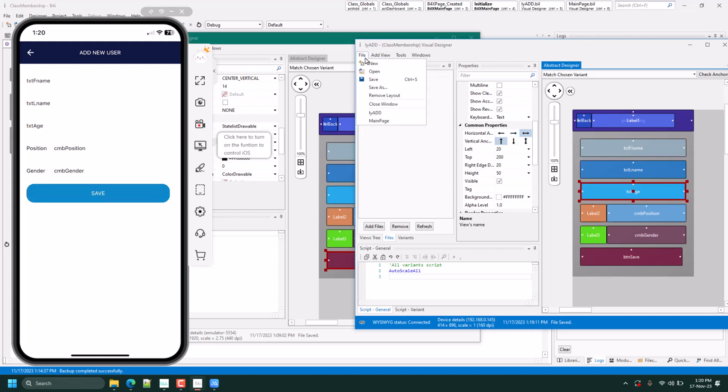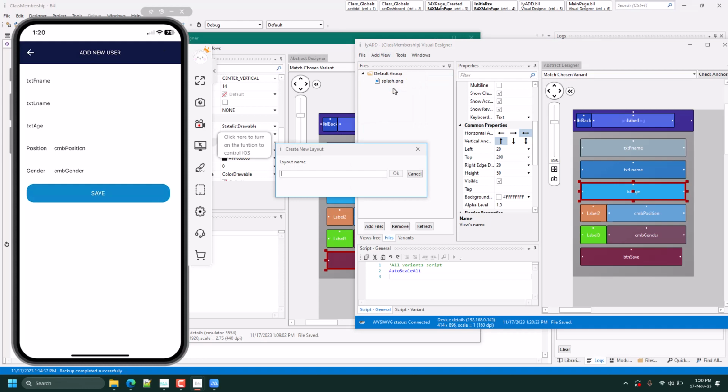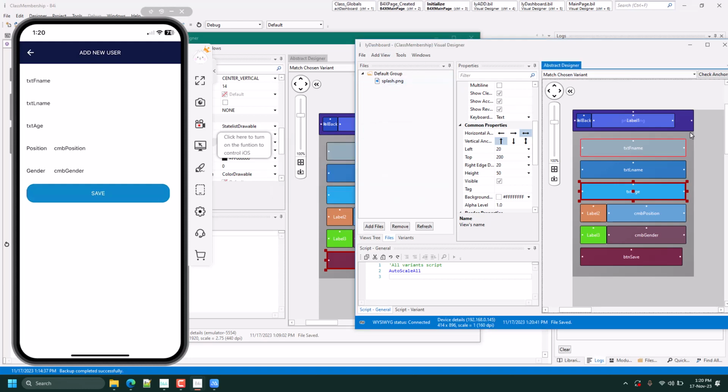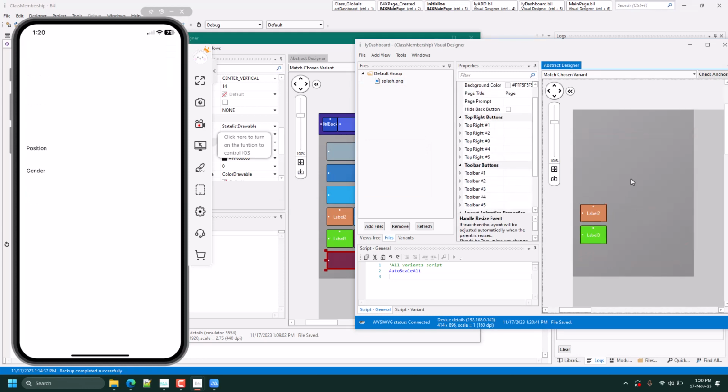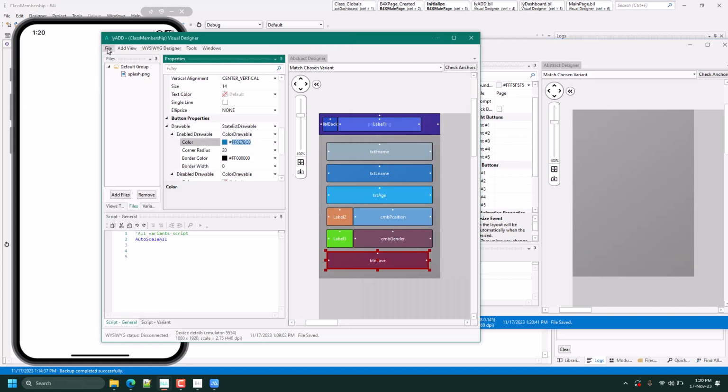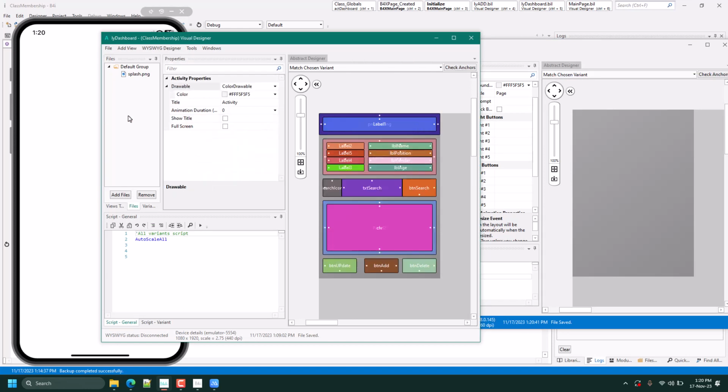Then the last layout is the dashboard. So let's save this one again, ly dashboard. Then we clear all this. We go to the Android side, open the dashboard layout.